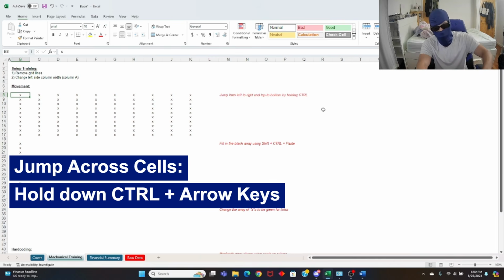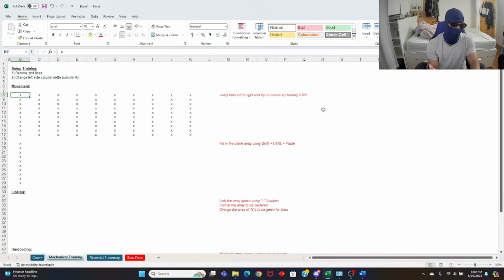and you're going to hold down your control, and you're going to do right, bottom, left, up. So what control does when you hold it down in conjunction with your arrow keys is that it lets you hop to the last cell in your array, like in your column or in your row, depending on whether you're going horizontal or vertical, that has a value in it, right? So column B is the beginning of my value. And column K right here is where I have my last value. So when you hold down control and you go right, it hops to column K. And then when you hold down control and you go left, it hops back to column B, because that's the last cell that's not blank and has a value.